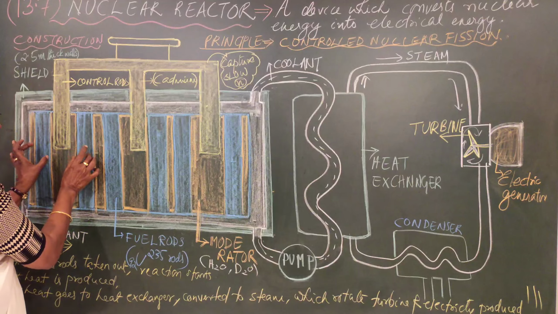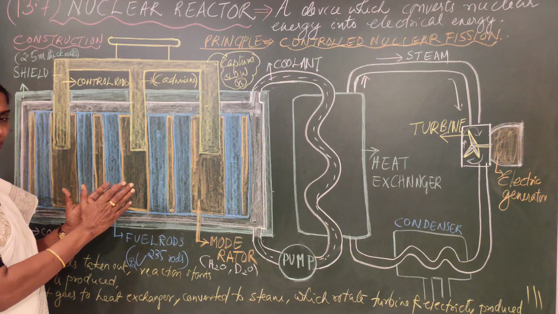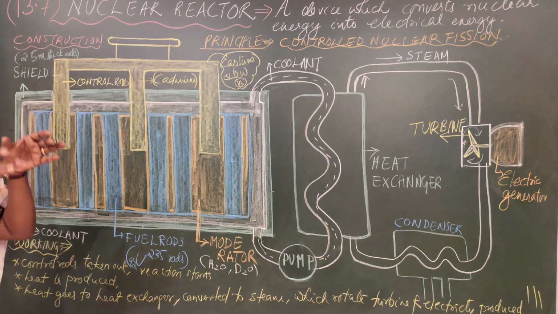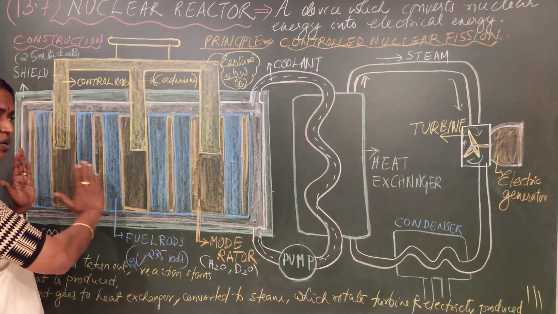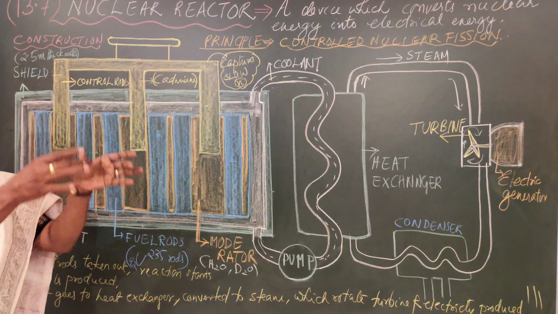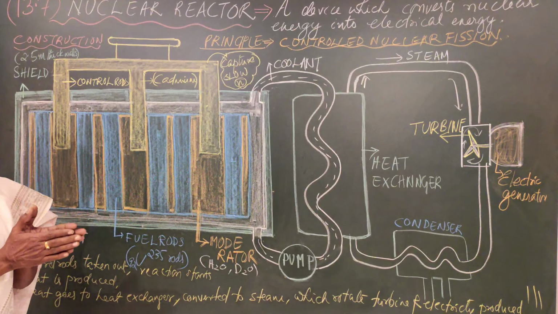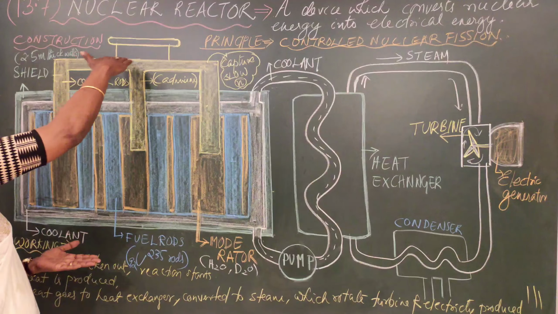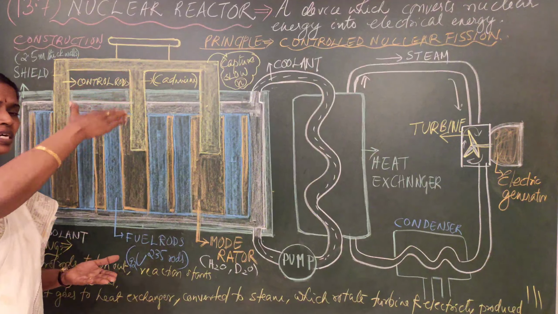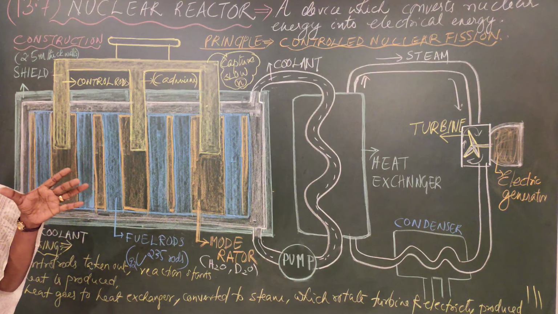Another thing is the blue rods. The blue rods you have seen, that is the nuclear fuel. For nuclear fuel, we are using enriched uranium, and that is in the form of rods. This is a cross section of the figure. Actually it's like a cylinder in which you have rods like this. A number of rods are placed parallel to each other, and you have a lid, and this lid is on a lift. You have the control rods. As you lift it, the rods will move up and down. That is the usual shape of it.